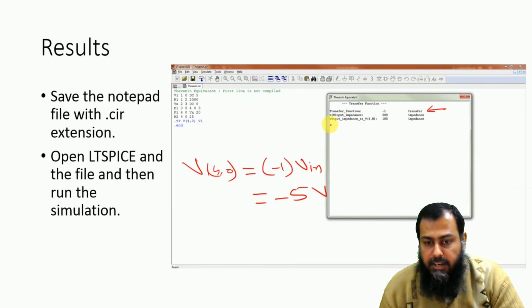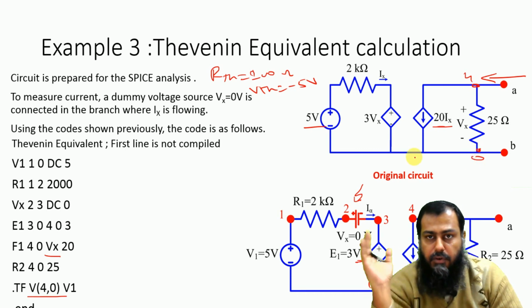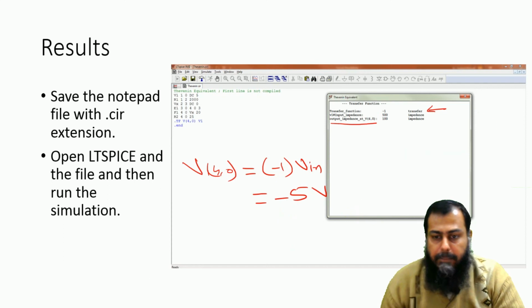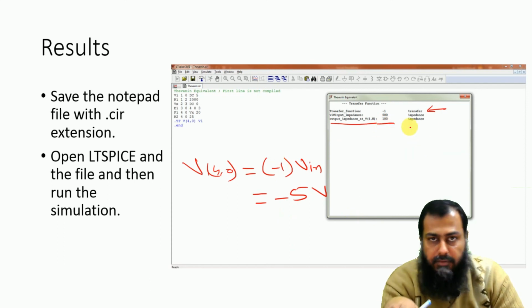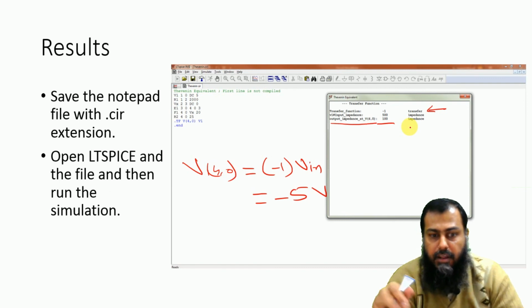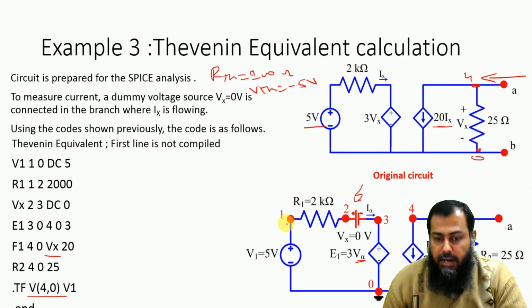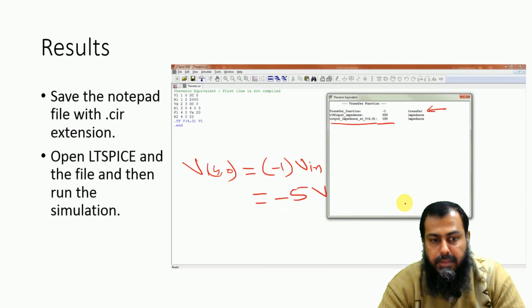Next thing here is it is telling us the output impedance at V40, which means that if we look into this circuit from this particular side, because this node is 4 and this is 0, then the total impedance of the circuit seen from these two terminals A and B is equal to 100 ohm, and this is what we have calculated so far. But notice here, while we use this LTSpice software to find out this .tf command, it is not giving us any information about the node voltages which are at node 1, 2, 3 and 4. It is not giving us any such information.